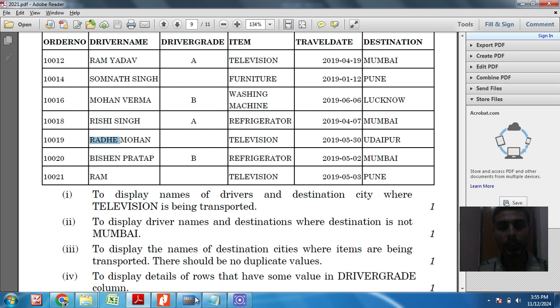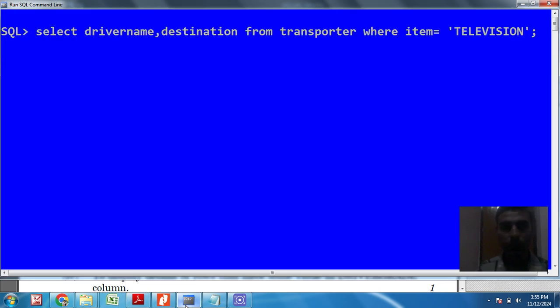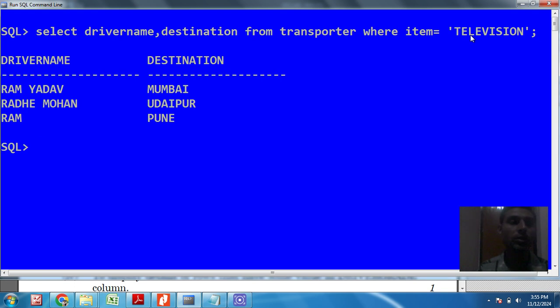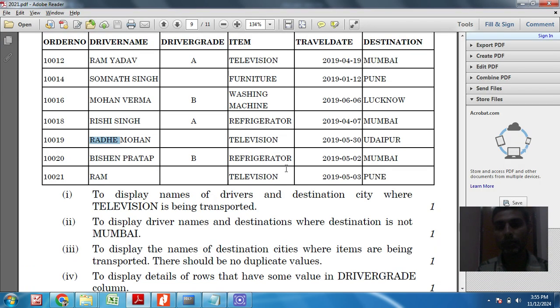So what should be the SQL command? For that: select driver name, destination from transporter where item equals to television. Very simple answer. It will show me Ram Yadav, Radhe Mohan and Ram. At last also television is transported, so television is transported in 3 places.